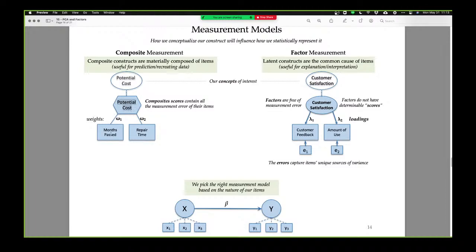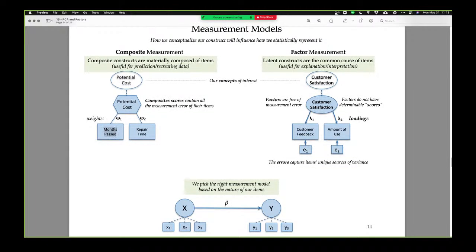In composite measurement, I could take some amount of the months past variable and some amount of the repair time variable. I could find some weights to average them with and produce this weighted sum that is my composite score. How do I find these weights? I can use some expert understanding of the problem, I could use some kind of regression technique, or I could use something like PCA. However,